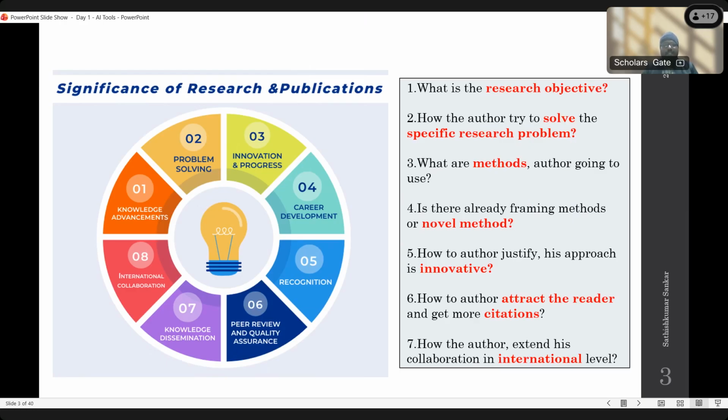But as a researcher, as a faculty member, every day we want to read. After PhD you may read one article in a week or so, but continuous reading will increase your problem solving skill and the innovation progress. So if you are working on innovative work, and your research problem is a valid research gap, and no one has solved that research problem, then obviously it is going that way,